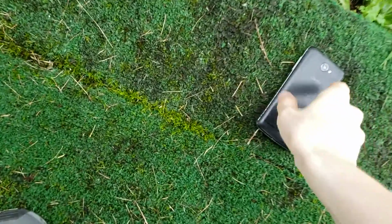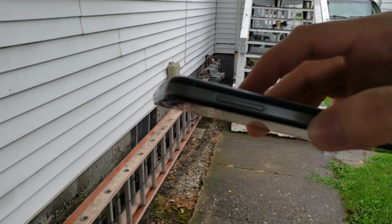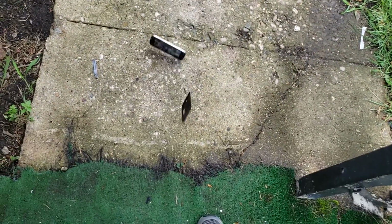Oh. And finally, face down. Head height, 3. Oh. You can see that right there. 3, 2, 1. Okay. So that's the final results